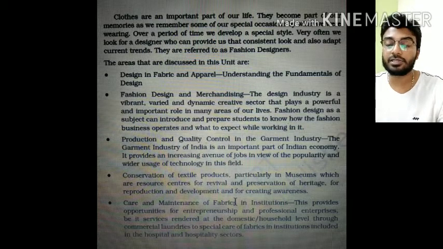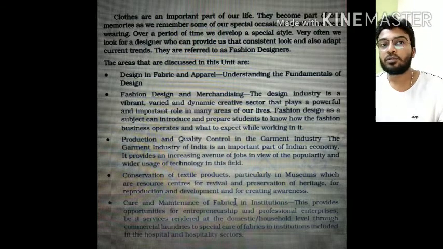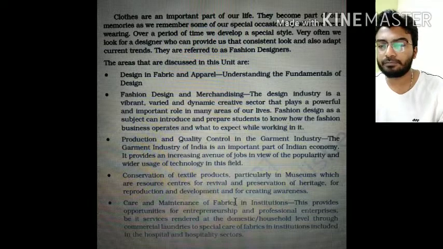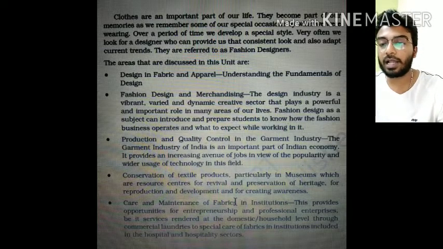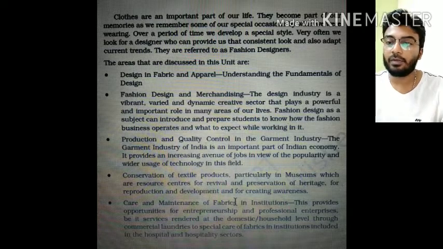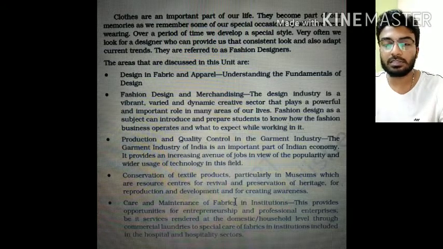To conserve these products, the places where they are to be conserved are mentioned, like museums, which are resource centers. So for the development and reproduction of creative awareness, we have to conserve these textile products.